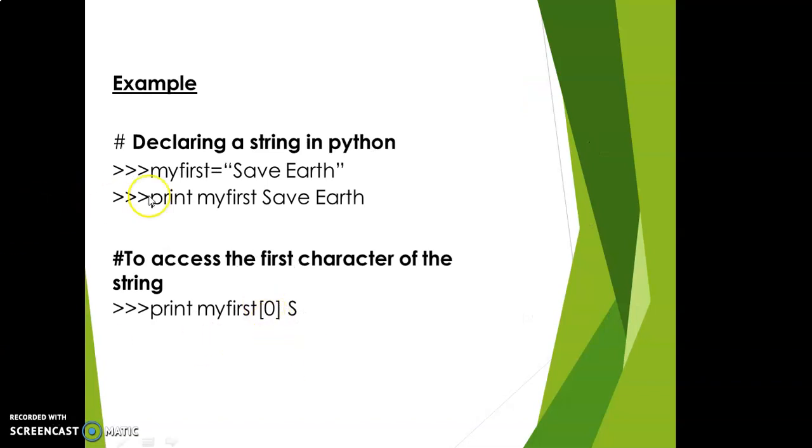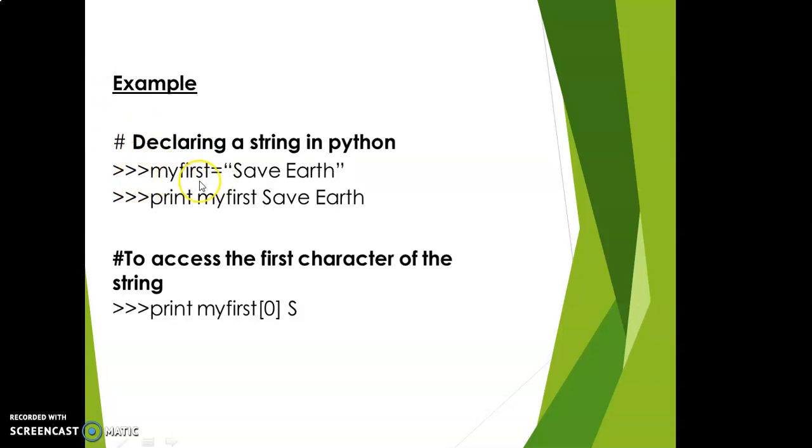And see here, declaring a string in Python. Declaring a string in Python means my first equals Save Earth. What is my first? This is a variable. This is not a keyword. This is any name you can give here.